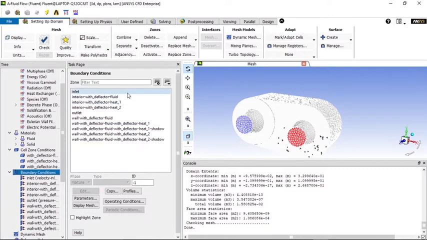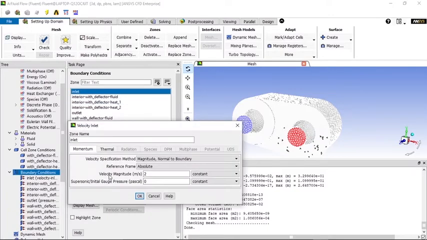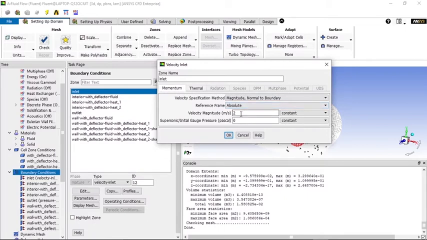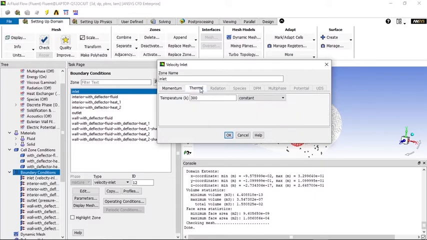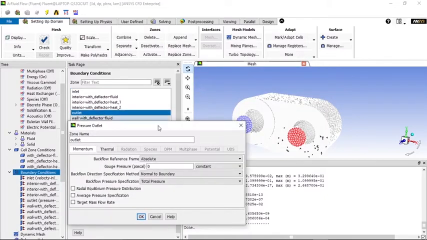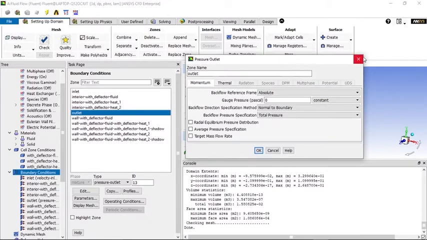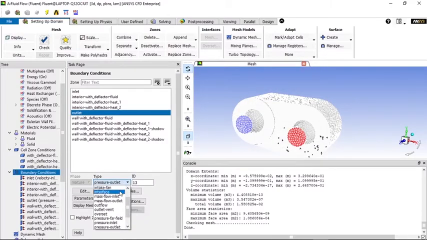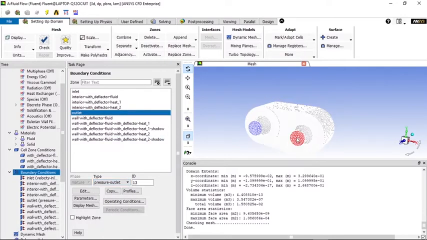Go to boundary conditions, inlet, and by default it is a velocity inlet. So either you can assign a velocity of 2 or 3 or 4 based upon your preference. So in thermal, you can type in the inlet air temperature, that is 25 degrees Celsius, or so you can say 300 Kelvin, that is ambient temperature. Outlet, so in outlet you have two options. Either you assign it as a pressure outlet, or you can assign it as an outflow. So outflow is basically a conservation of mass principle. So whatever goes in will definitely come out.